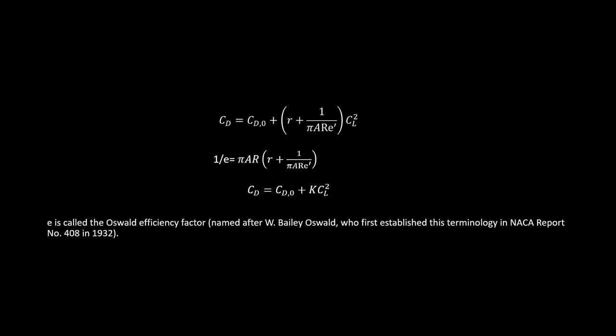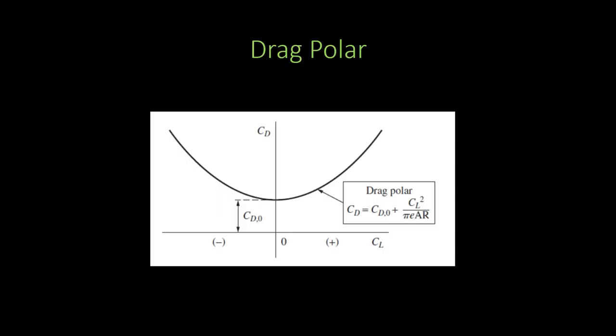Now let us try to represent drag polar graphically. So if we plot a graph of drag polar, CD is on y-axis and CL on x-axis, this is how the drag polar would look like. As can be seen from the equation, CD naught is the minimum drag. So this coordinate is CD naught. This is the minimum drag, and this equation basically represents the induced drag, although it has that part of parasite drag as well, which is dependent on angle of attack or CL. So this is the typical representation of drag polar.